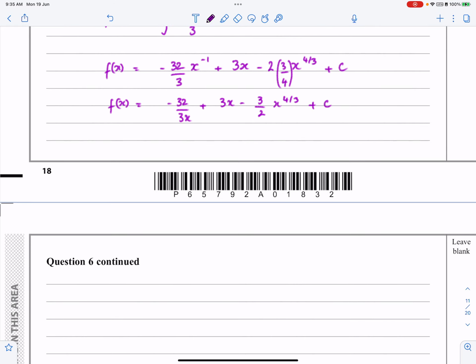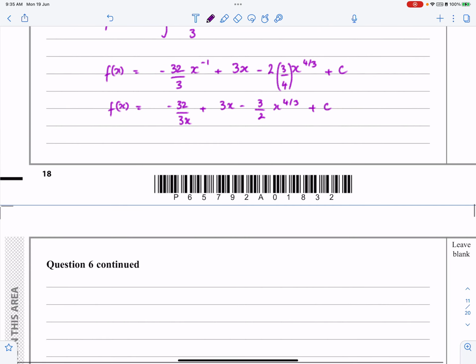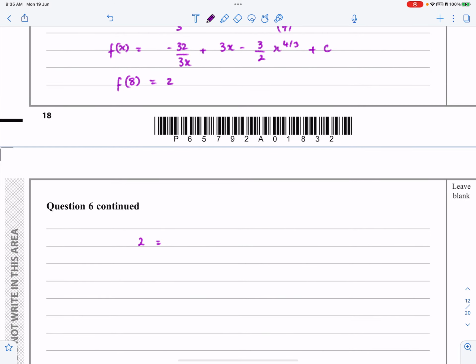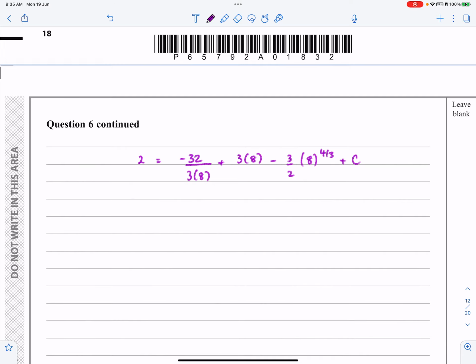But now remember, we know our coordinate here, that at x equals 8, f(x) is equal to 2, or in other words, f(8) is equal to 2. So I get that 2 is equal to minus 32 over 3 lots of 8 plus 3 lots of 8 minus 3 over 2, 8 to the 4 over 3 plus c. And now it's purely a question of rearranging all that. So work out all the values. c works out